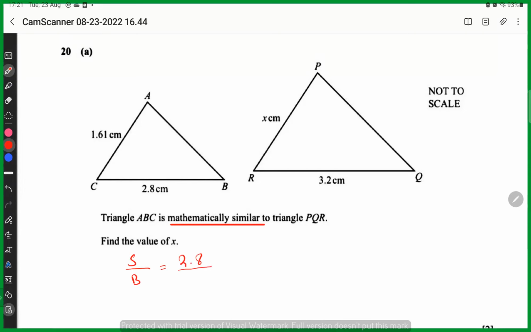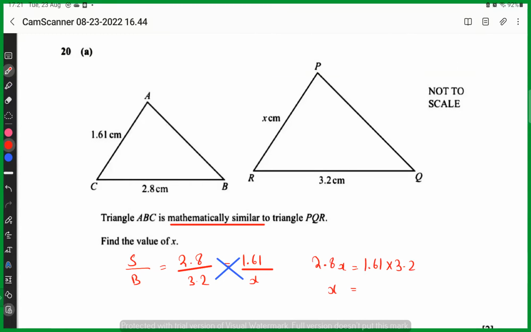2.8 divided by 3.2, and then the other ratio is going to be small 1.61 divided by x. So at this point we can just cross multiply, and when we cross multiply, we get 2.8x equals 1.61 multiplied by 3.2, and then you can use your calculators for this part. So 1.61 multiplied by 3.2 divided by 2.8 is x basically